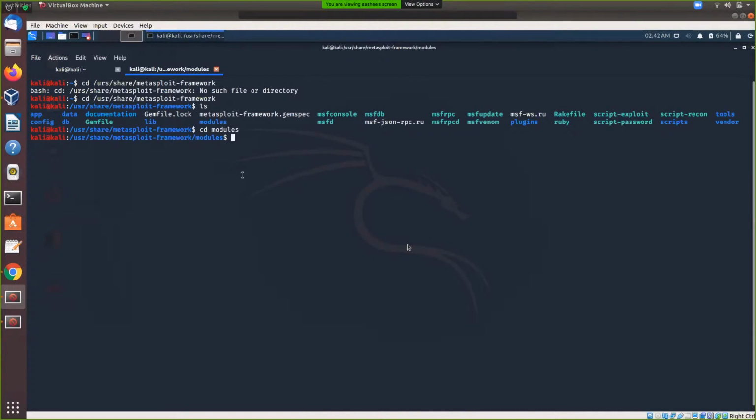Okay, so in modules, we have all our 6 modules. Now let's go into exploit.